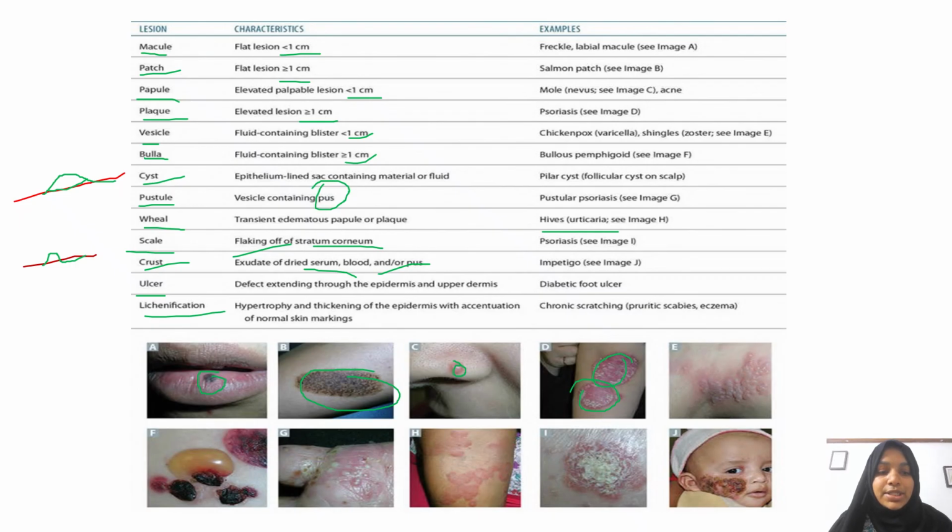So this bigger lesion is called a bulla. Okay. Now here you have pus-filled lesions, which is called a pustule. This one here is urticaria, that is called wheal. Here you can see crusting, okay, and you can also see this is actually crusting, and this is scaling. Okay,